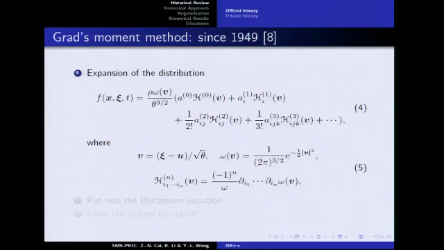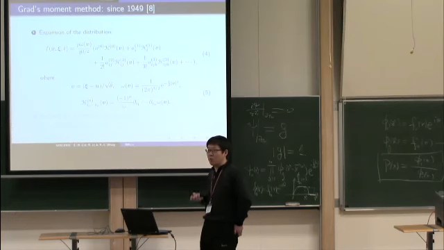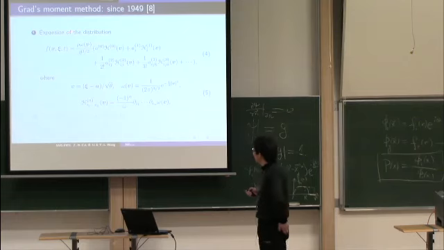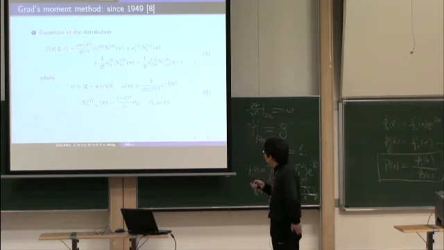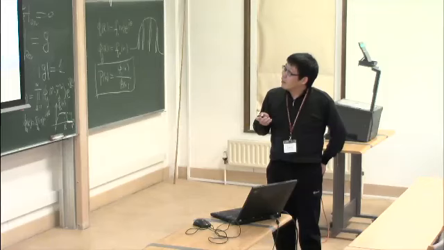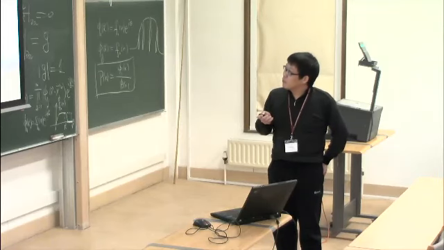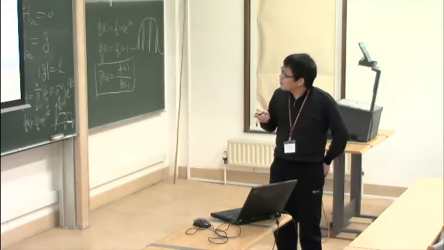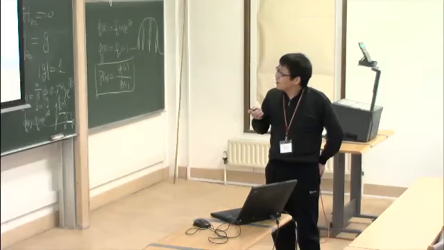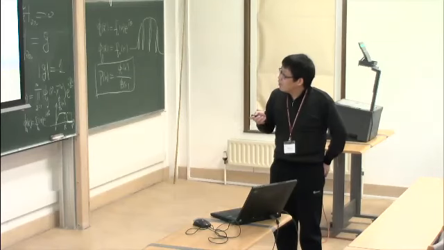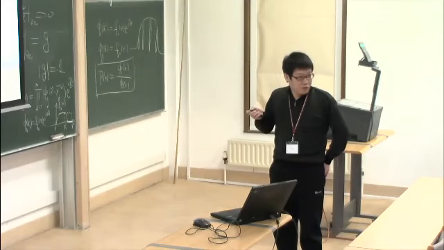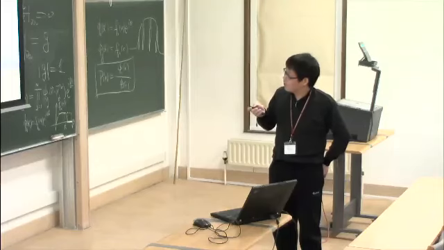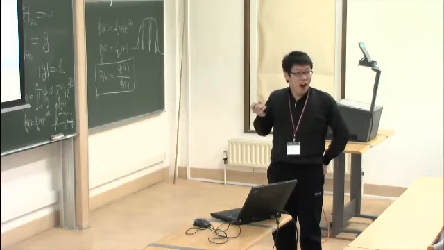The essential idea is to use only a few degrees of freedom to represent the distribution function at one point, and it is using this expansion, and we expand the distribution function in such a formula, and this h is the derivative of this exponential term, and this is the first one of